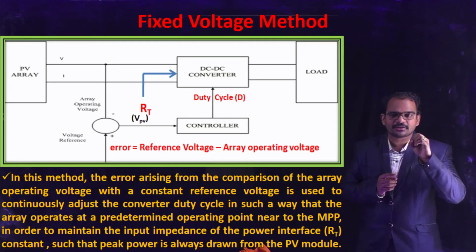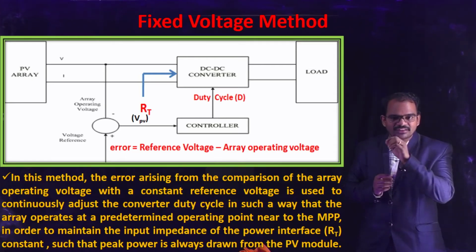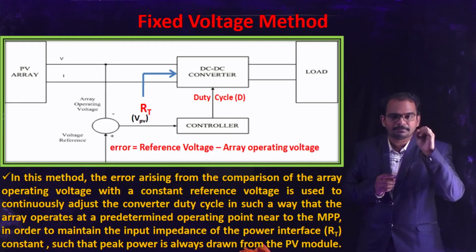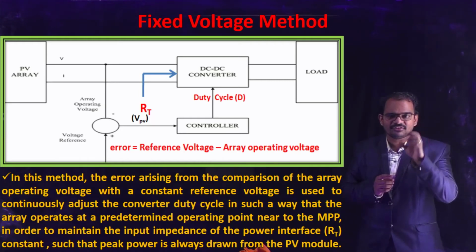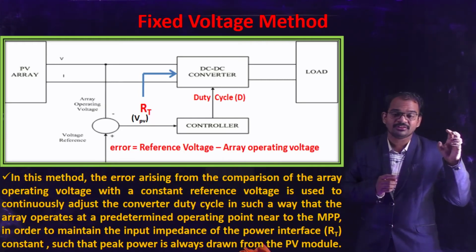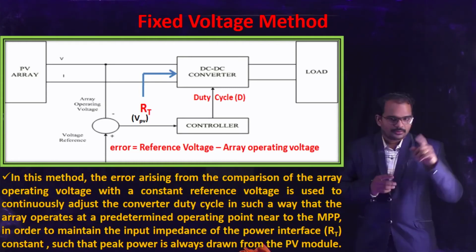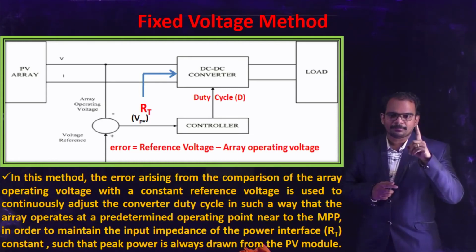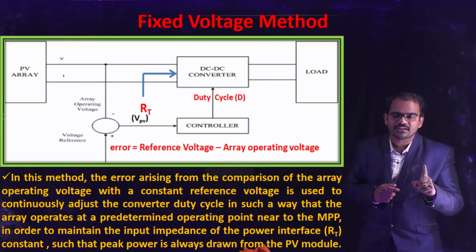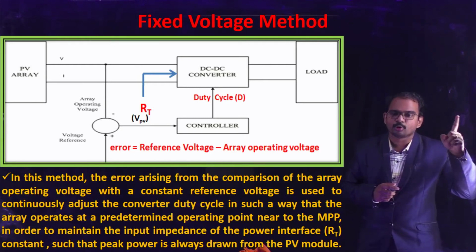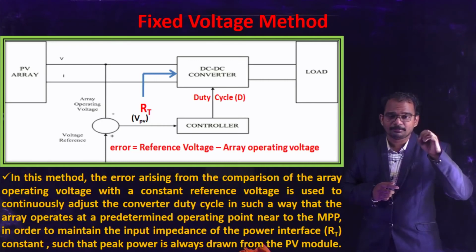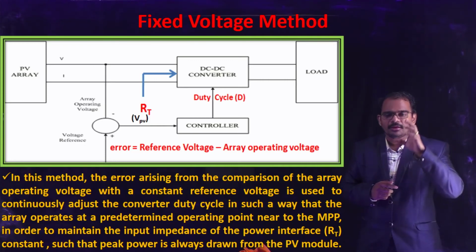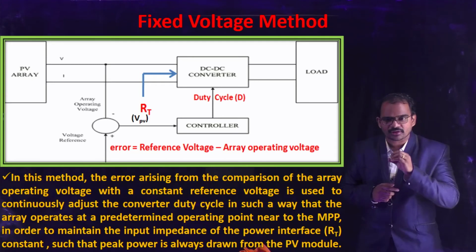The voltage and current corresponding to the operating point A are Vm and Im. And if I multiply Vm and Im, I will get the peak power Pm. And this is the power which is delivered to the load, which is always maximum. So we need to always operate the PV panel at a voltage Vm in order to deliver maximum power to the load. That adjustment will be performed by means of a power interface and a control input.